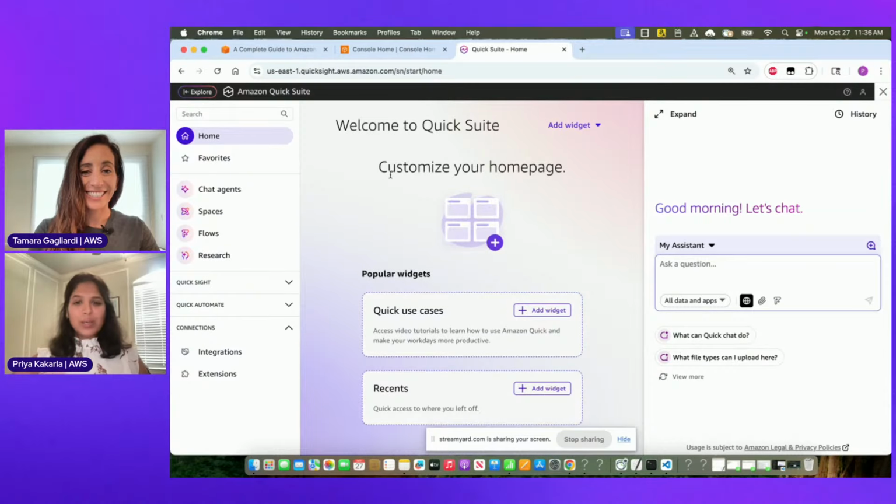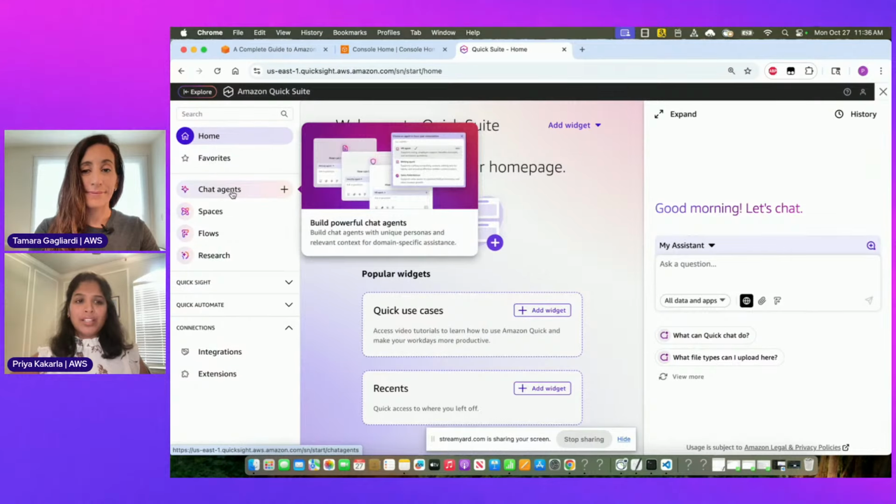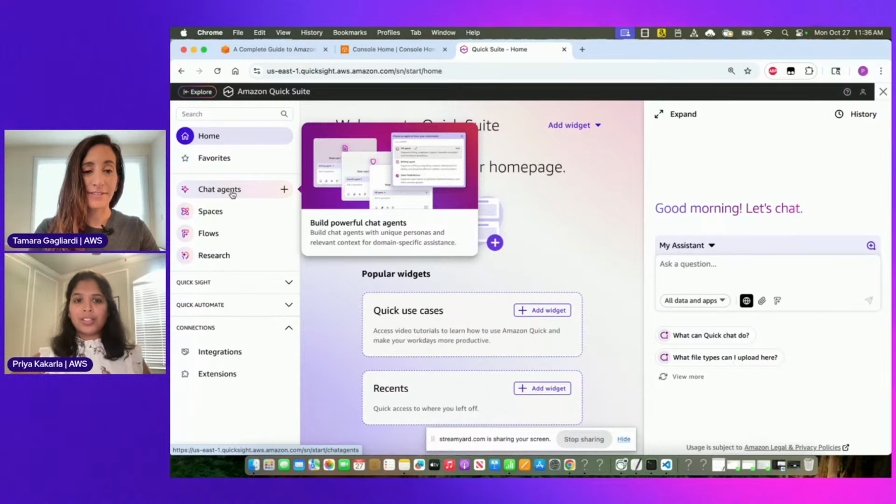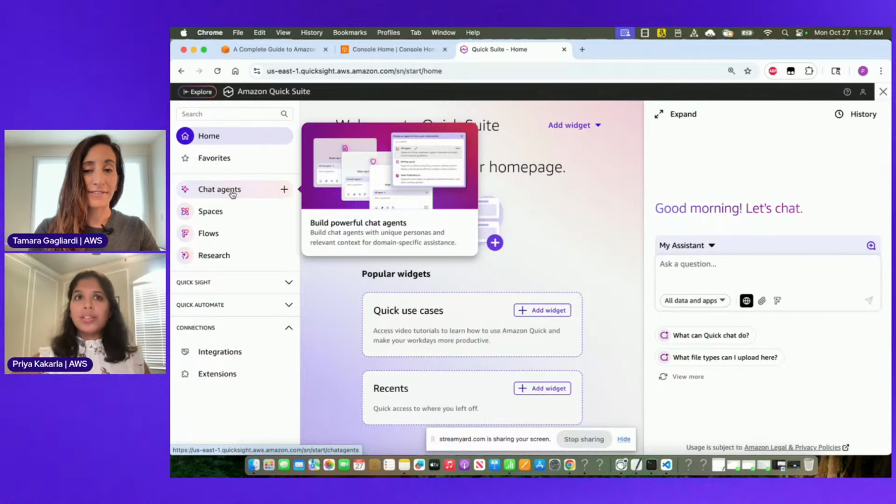Sure. So this is the home page of Amazon Quick Suite. If you see on your left-hand side, this is home. You do have chat agents. What are chat agents, right? You have some default chat agents, but you can also customize these chat agents. Let's say you want to create a tone to it, you want to define how to answer it, how it looks like,